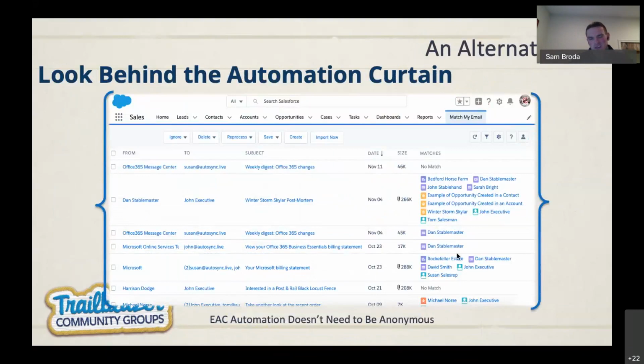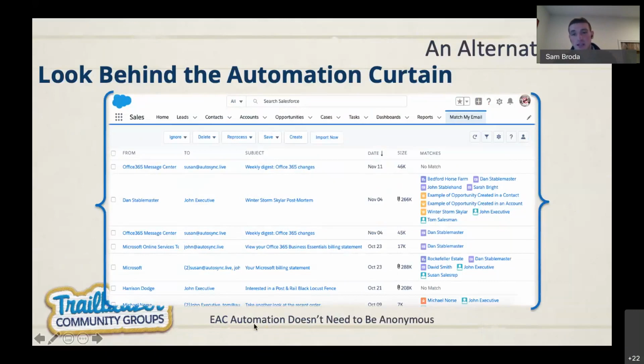All right, another difference with Einstein: everything is happening in the background. So emails and events are getting synced to objects in Salesforce automatically, and there's really no way to know whether something's synced or not. There's not going to be some notification in Salesforce or in your email client. In Salesforce, you'll just see the enhanced email message object on a record's activity timeline, but there's no place you